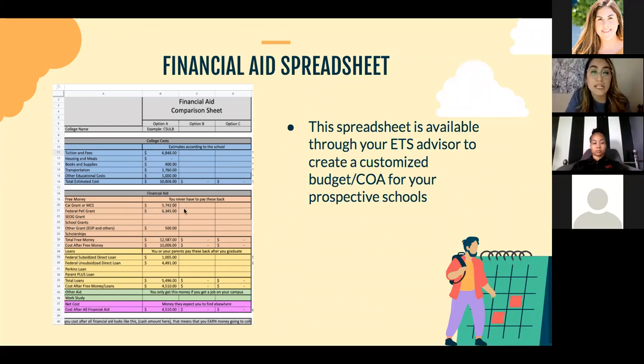So this is money that is part of the gift aid that Sienna was discussing, right? And so we'll include here the Cal Grant that they were offered, the Pell Grant, maybe they were offered a grant for EOP, so we added this in there. So this is going to be all the free money that they are going to get, and all of these numbers, again, are going to be from their financial aid award letter. So then here we see the cost after the free money is about $10,006, which is again this number from here of their estimated cost.